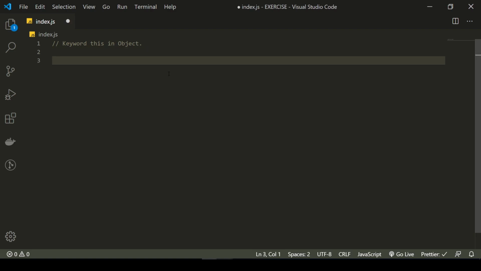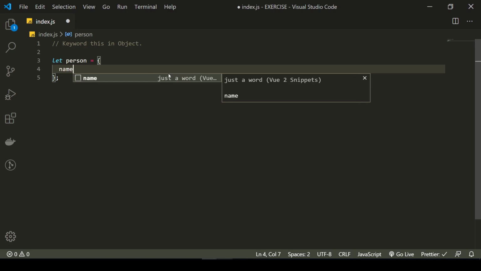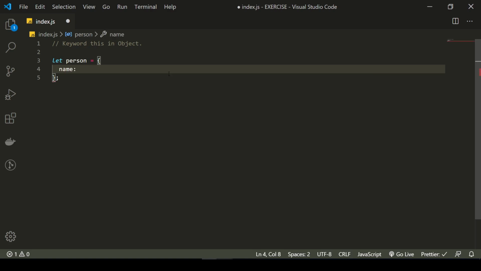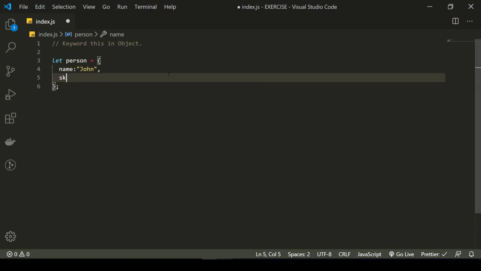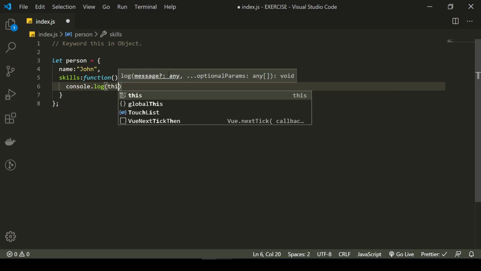So here I'm going to define one object using the let keyword. So let person, and that is an object. Now this object will have one property called name, and let's say the name is John, and it has a skill. Now skill I want to define as a function like that, and here I want to do console.log this